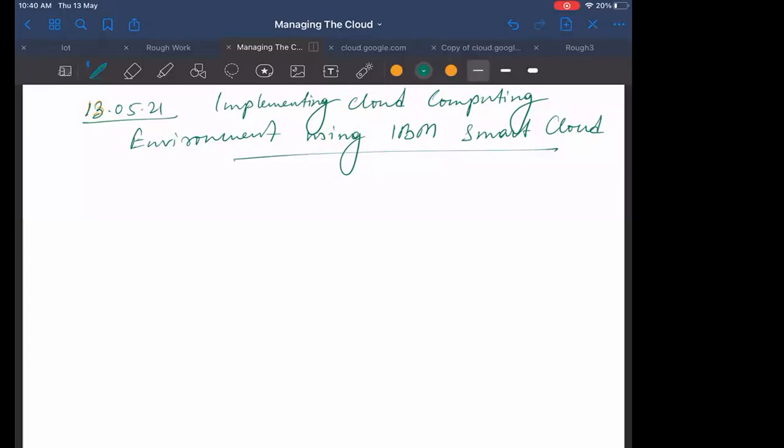There are two basic components for the cloud computing environment. One is the